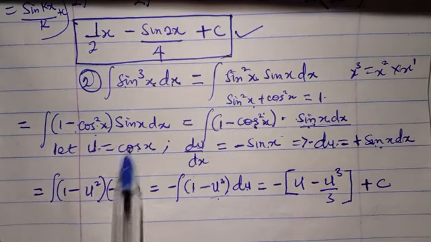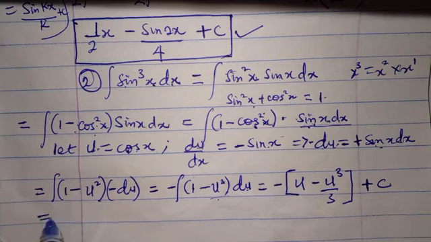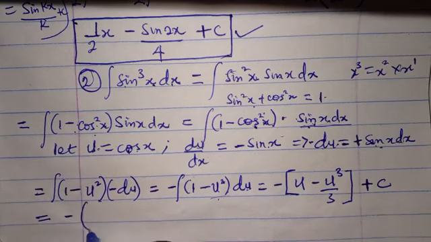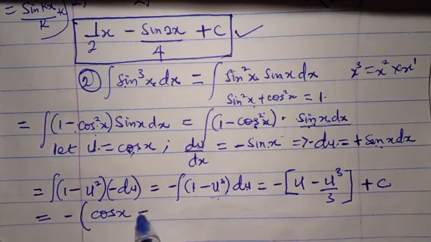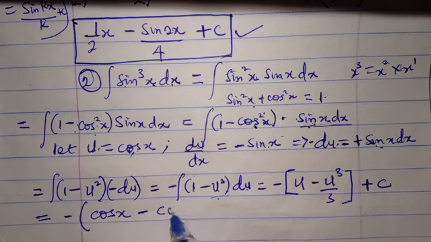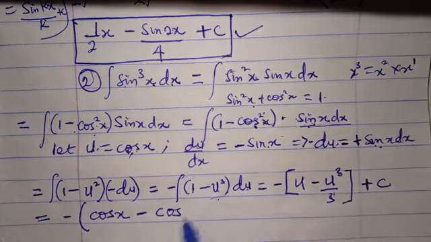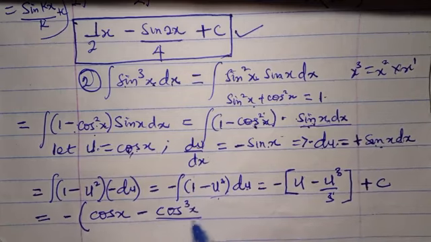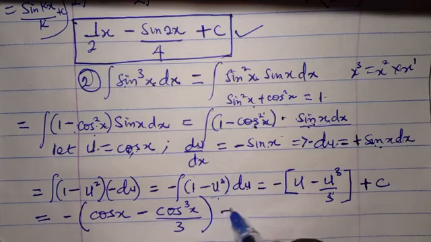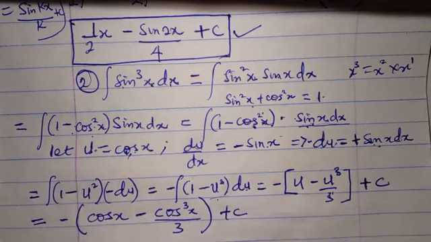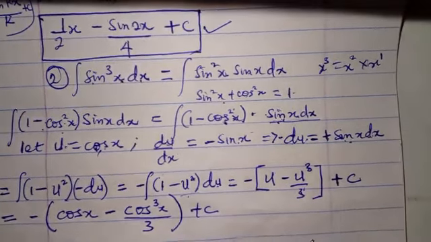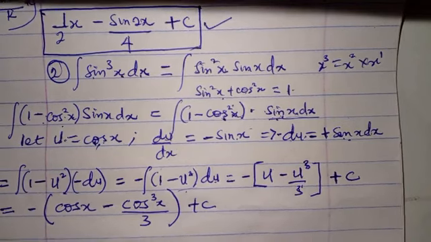So we are going to make back that substitution. This is now minus, what is u? Cos s. Minus u is still cos s. So this one will now be cos cube s all over 3 plus c. So we can choose to leave it this way, or if we expand the bracket,